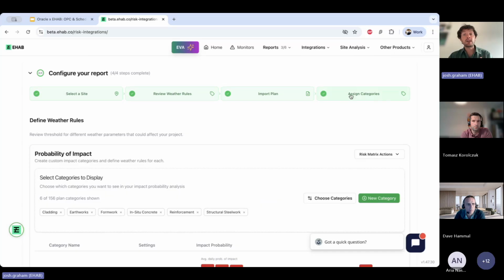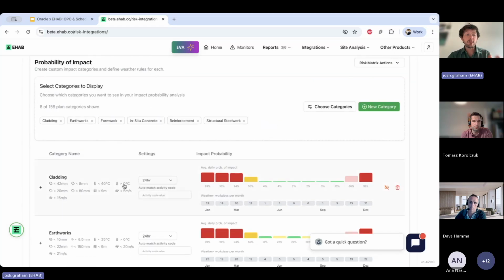And actually the calendar that we give you, which you integrate into OPC, will have information for every single day and every single week going forward in time, so that when you run your quantitative schedule risk analysis, as Dave is about to show you, you have the most appropriate set of probabilistic data for downtime for each category type.